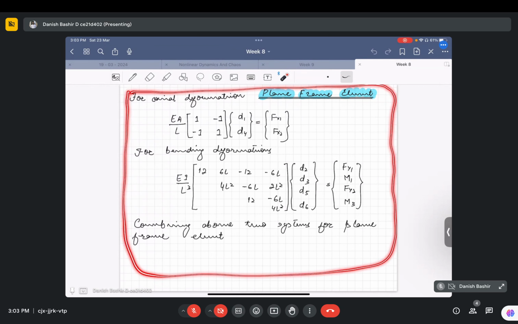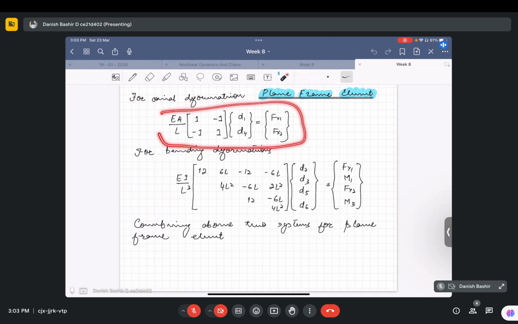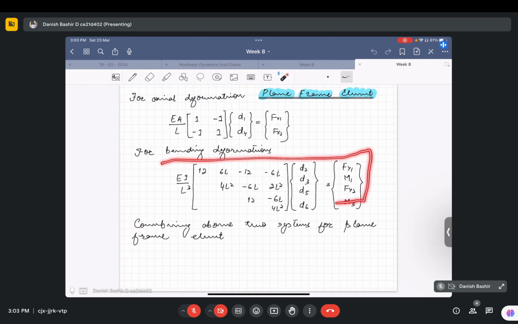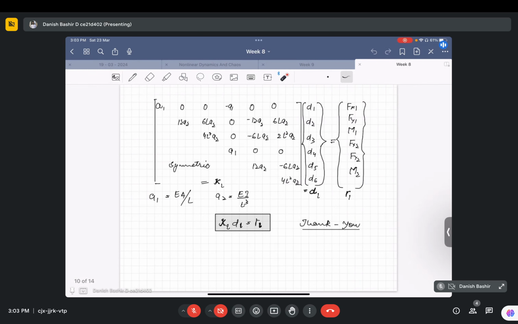It was just a combination of axial deformation, that is the bar element, and the other one was the beam element. We combined these two and got the plane frame element. Then moving forward, we developed an element equation from a plane frame element which